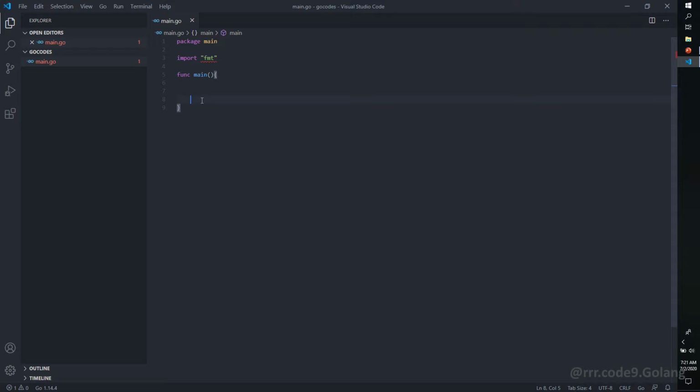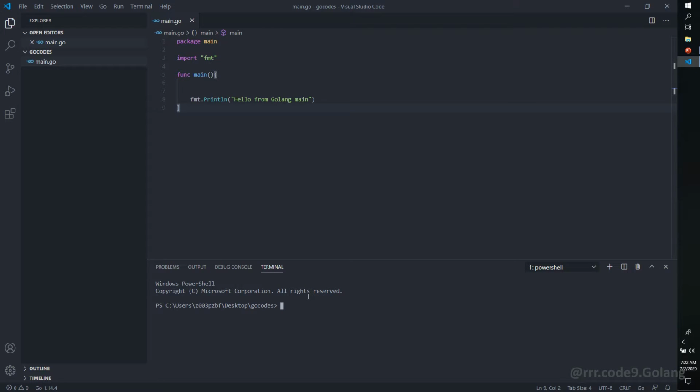So here let's go ahead and write a single line of code. We can simply write fmt.Println, hello from Golang main. Let's execute this code in the integrated command prompt.